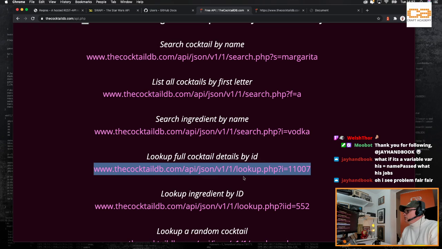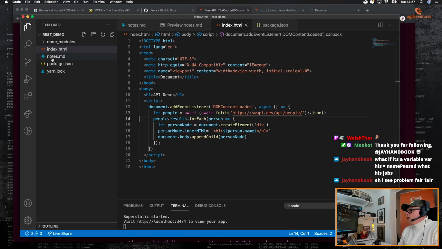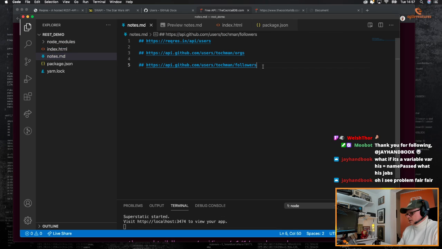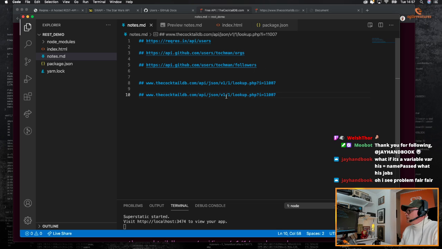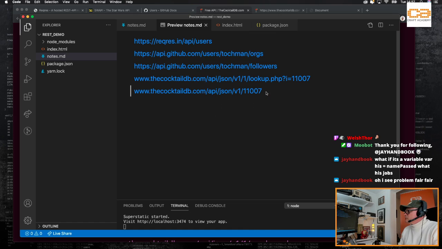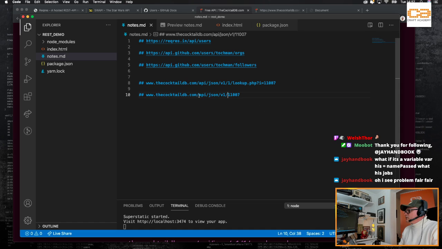What I would do, if I know the ID of the cocktail, is to have something like, this is what they have, and I would probably use something like this. This would be the difference between theirs and mine. No, sorry, not at all this. I would say